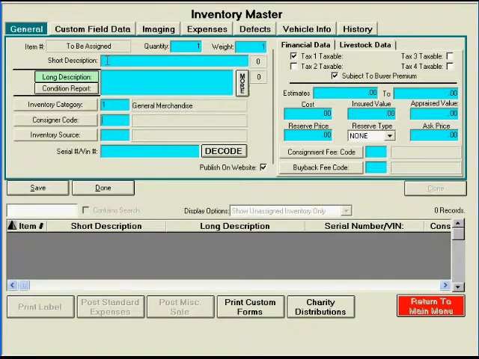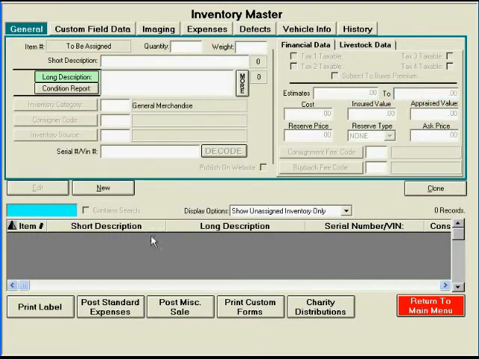Each time I put in an item, I just click Save. It puts it at the bottom. These fields turn blank again, so I can add in another item, and I just keep saving at the bottom. Once I have finished with the inventory add process, I just click Done, and my inventory is listed all here